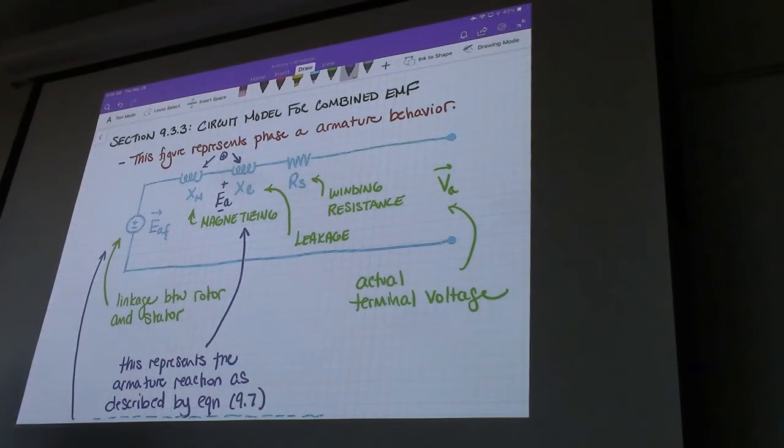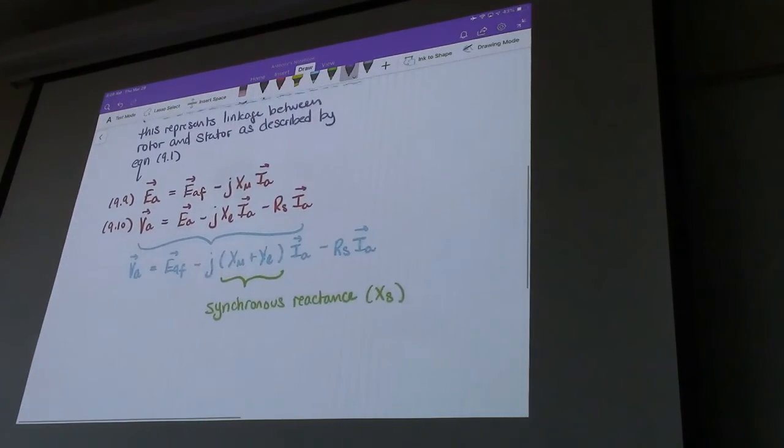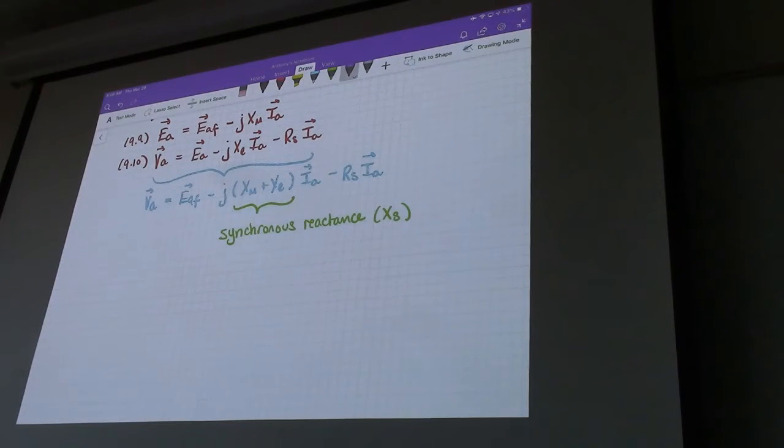And then you can move backwards and say, well, if I'm given these x, y, z values, I can calculate the value of EAF. If I'm given x, y, z values, I can calculate the magnetizing reactance, the leakage reactance, and let's say the internal resistance of the stator windings. So this figure, in combination with equations 9.9 and 9.10, really does tie together a lot of stuff